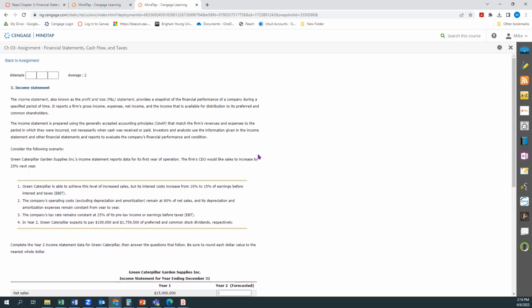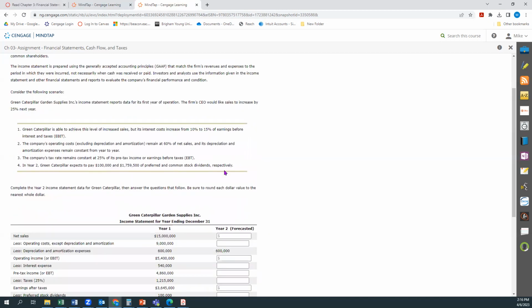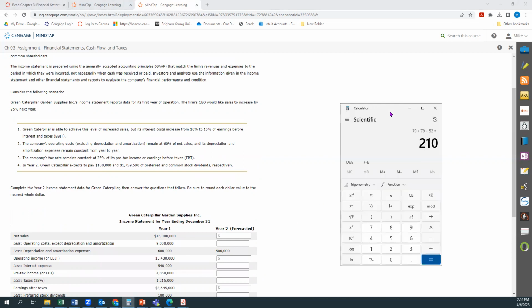The CEO would like to increase sales by 25% next year. So to figure out our forecasted sales, we would just do 15 million plus 25% of 15 million. The easiest way to do that is just to do 15 million times 1.25 or 125%. Because that's really what we're saying: next year in year 2, our sales are projected to be 125% of what they are in year 1,